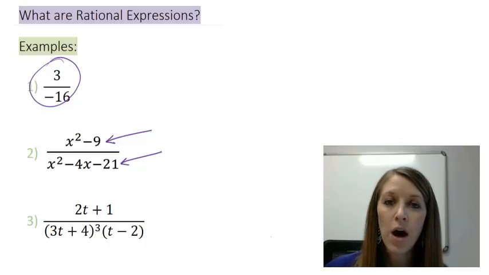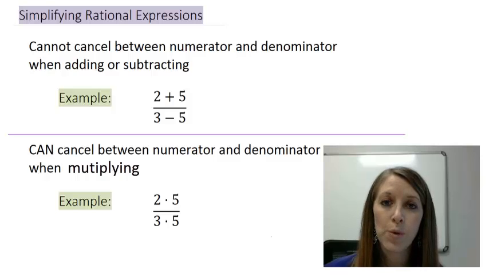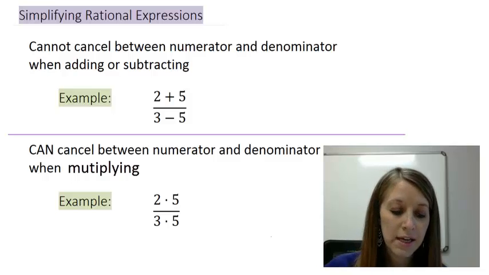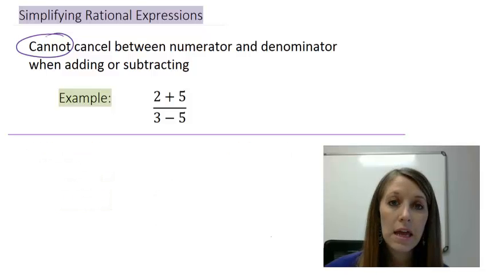So let's move on to typical operations. The first one is simplifying. All we want to do is simplify these rational expressions. Now I'm going to tell you here what you can do and what you cannot do, and I point both of these out because I see what we cannot do as a typical mistake that students make all the time. So hopefully if I point it out now, this is a mistake that you will not make from here on out. You cannot simplify fractions or rational expressions by canceling between a numerator and denominator when you are trying to